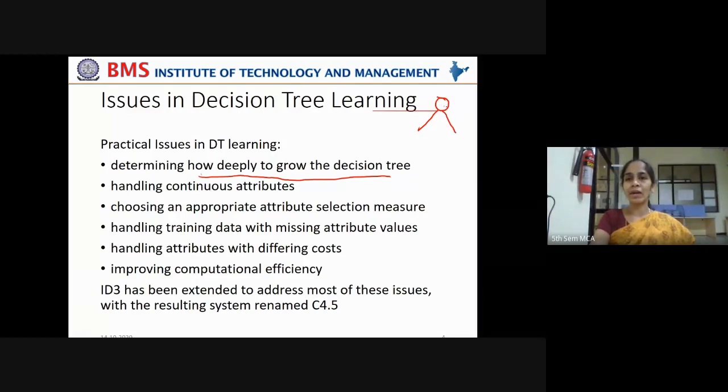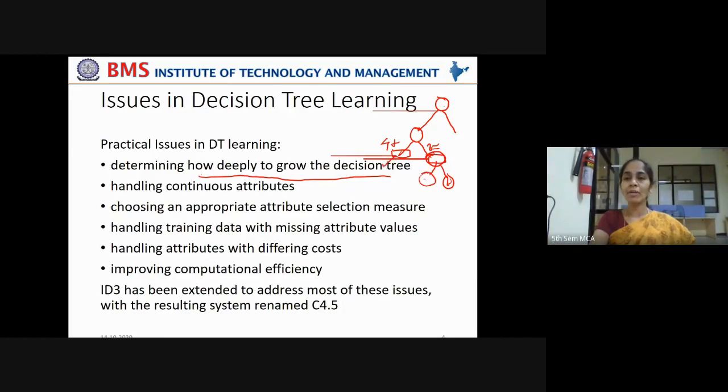Say outlook value. Now you're taking humidity here. After using humidity as the split point, you're dividing the training examples, and here you have 4 positive examples and 2 negative examples. Now, can you stop here, or do you want to proceed further in order to get a more pure classification, such that all these 2 negative examples take another node here, so that all will be classified as negative examples and no more will be classified as positive examples.